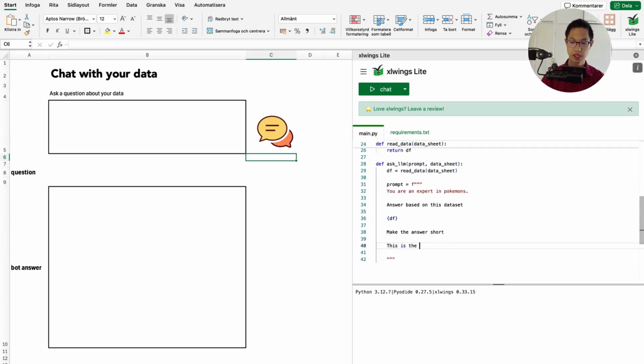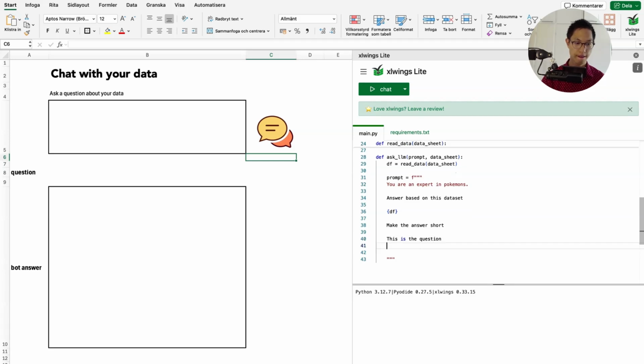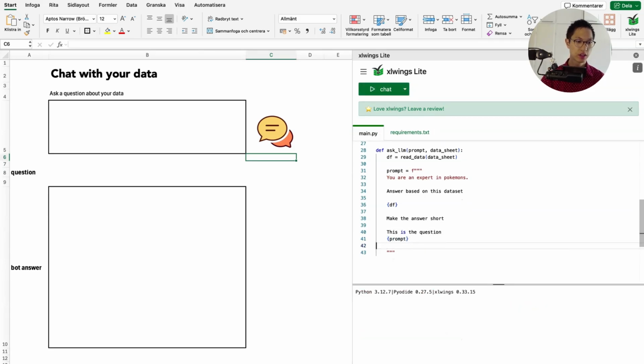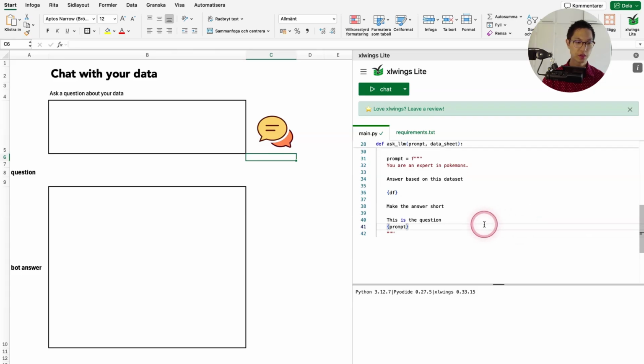This is the question, and you send in the prompt. The prompt is what you get from here. You send it in here, and then you send in the df, which you get here. It can answer based on this one. Okay, and then